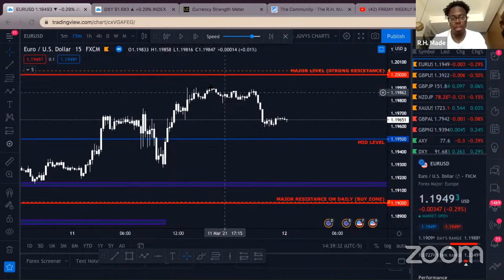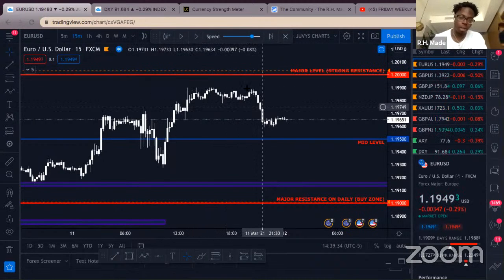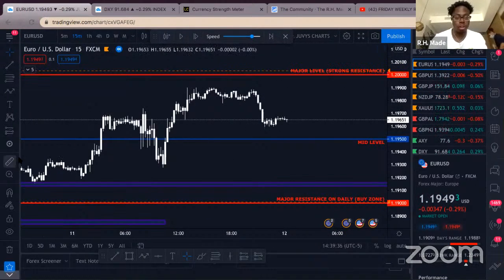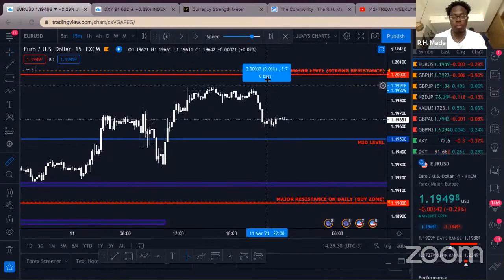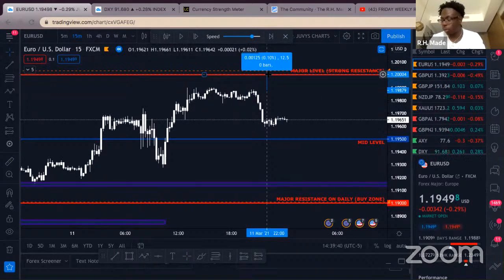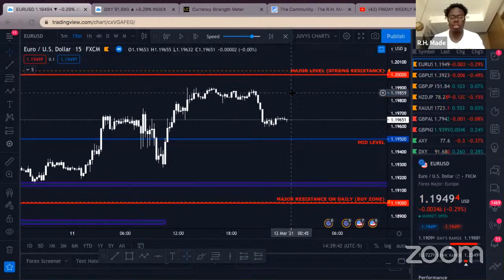So anytime you see price just farting around like this, and it's close to your take profit, that's why I personally just took profit from here. It's about 12 pips away. Just ask yourself, do you really want 12 pips? If you're up, how much, like 90 pips, and you're 10 pips away from your stop loss, and you see